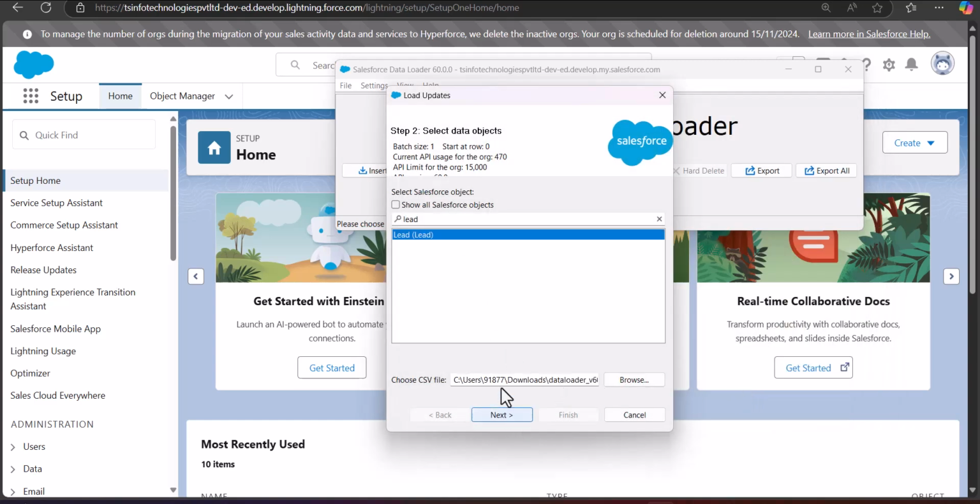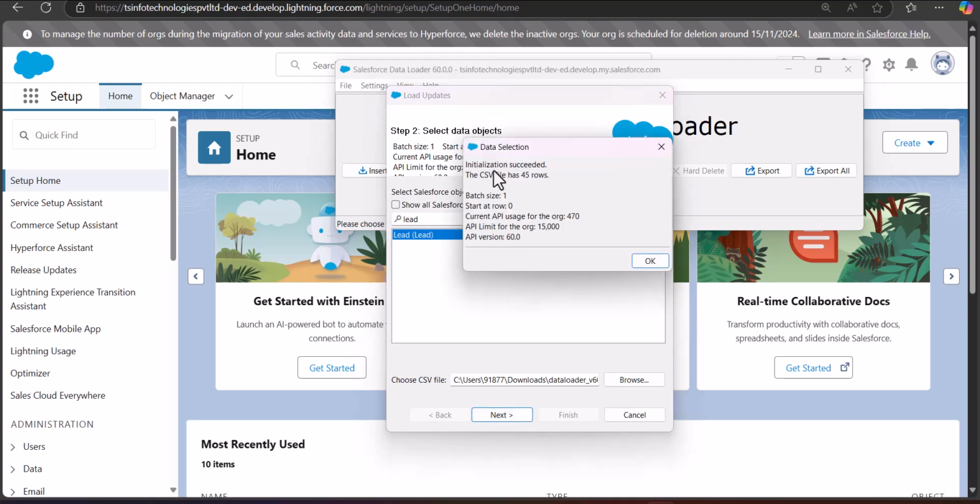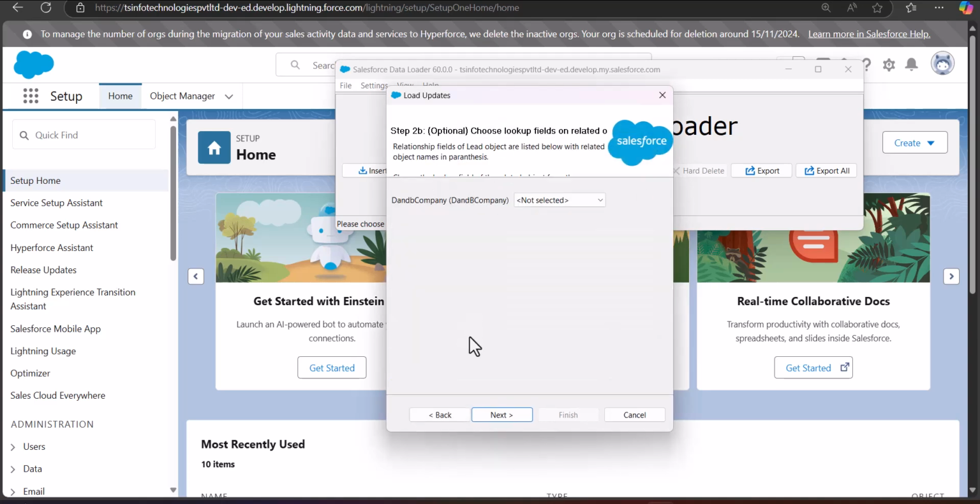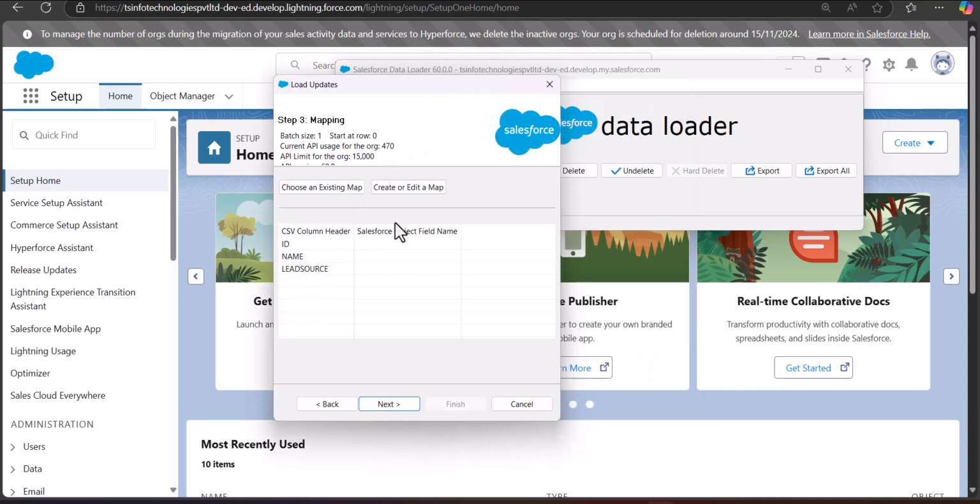And after selecting the object and the CSV file, click on the next button. So now you can see the data loader has successfully initialized the CSV file. So here click on the OK button to proceed. And here click next. And now in this step, we have to map the object field with the